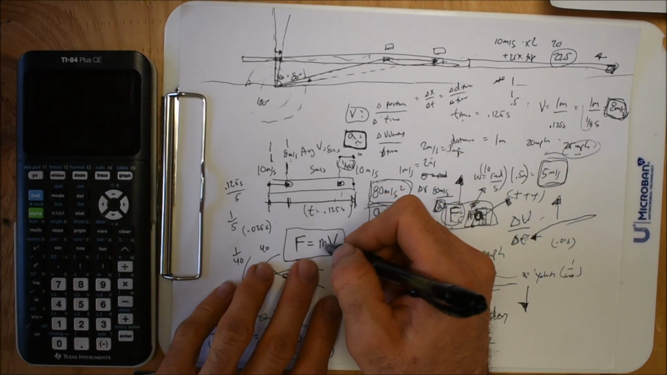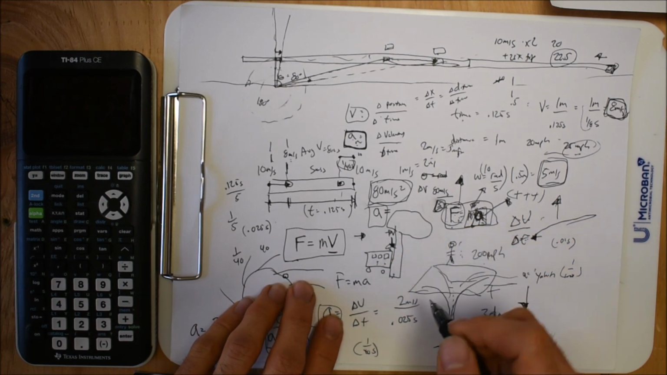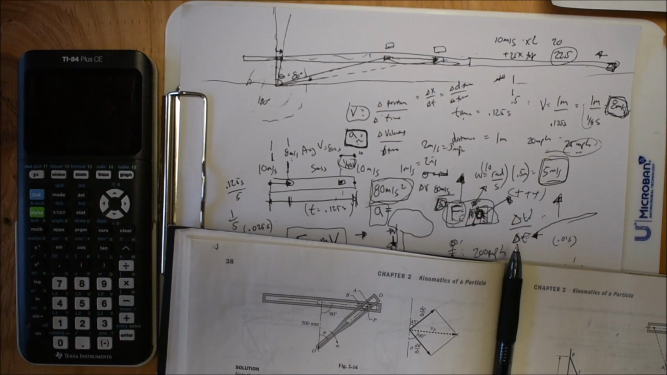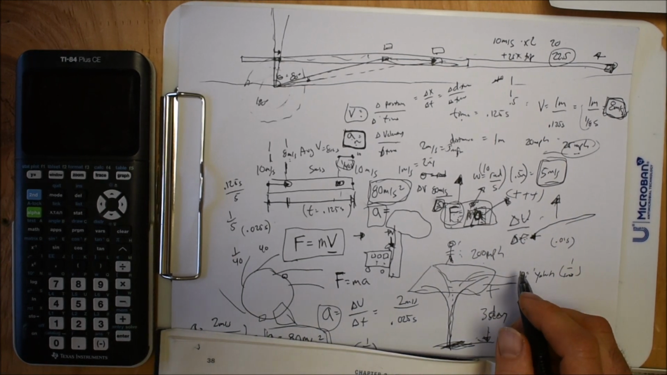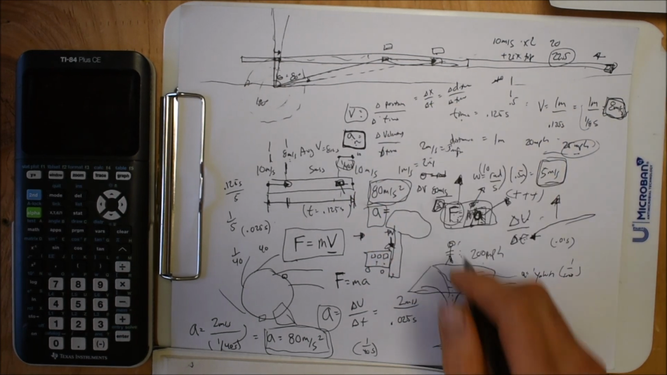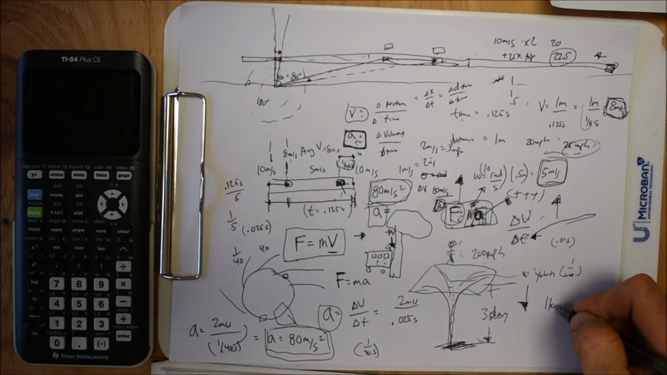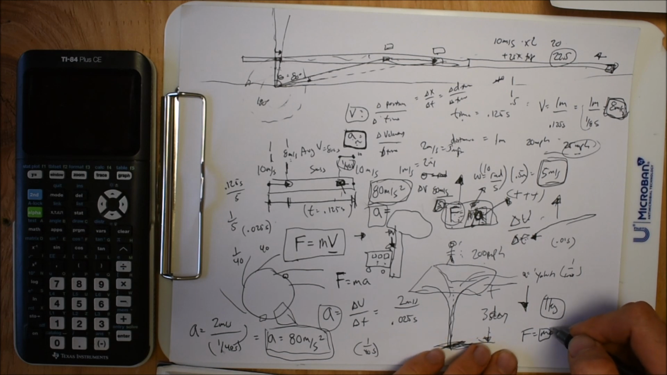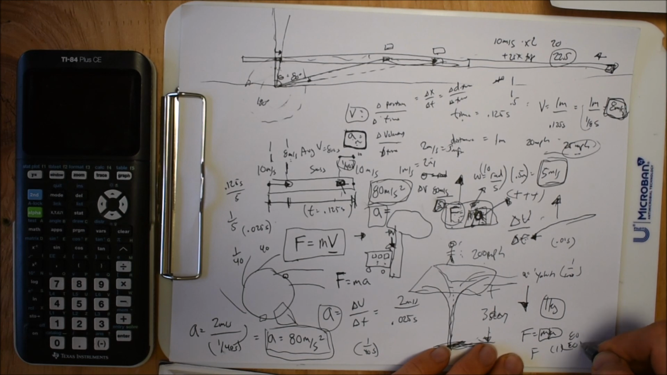And if F equals ma, I've got to do one more thing. Let's say this is a 2 pound slider, which is 1 kilogram, and we want to use F equals ma. Our mass is 1 kilogram, our acceleration is 80, so our force is 1 times 80,